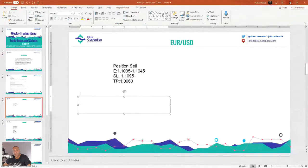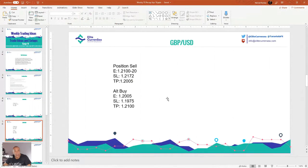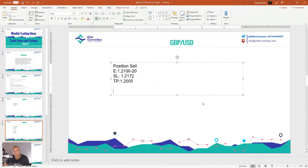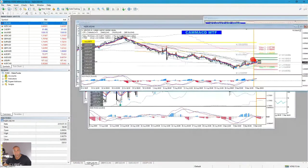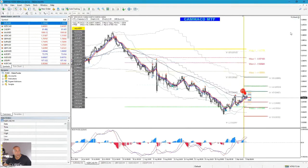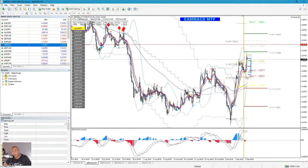So that's it. Regarding the GBP dollar, now the GBP dollar is in an uptrend, and it definitely switched. So this is the GBP dollar. I will put it right here. It's trying to push up. As I said, obviously this is a V-shaped reversal. The market is changing the sentiment now. I would say that potentially